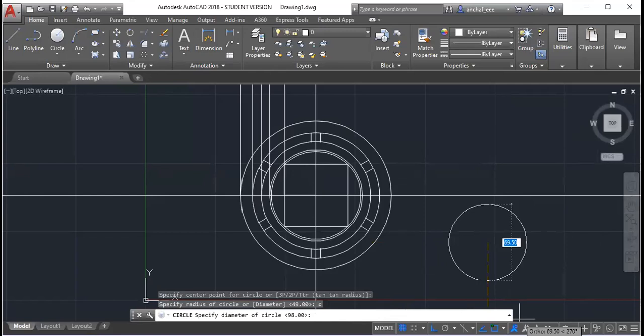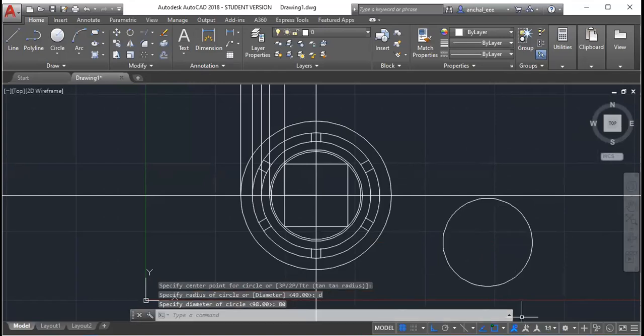If radius is given, we write R, or we don't have to write it, by default it is radius. So firstly, the circumcircle of the core is given as 80 millimeters. So I will write here 80 and draw the circle. Similarly, I will keep drawing for inner of the HV, inner of the LV, outer of the HV, outer of the LV. Is it clear, Dawood?